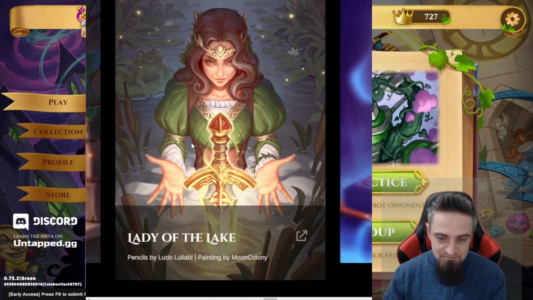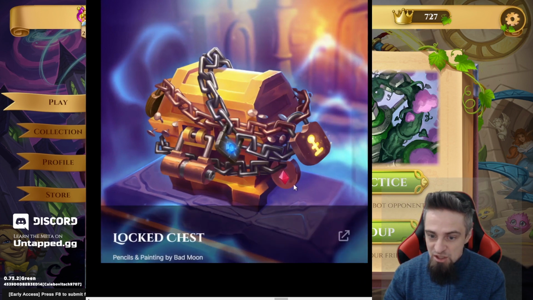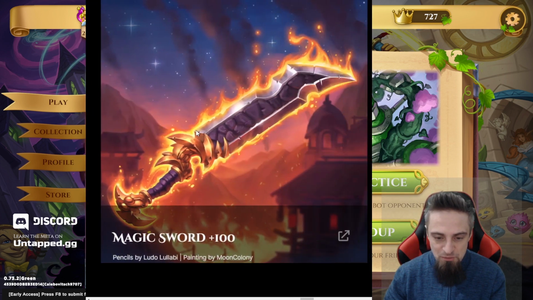Lady of the Lake. Makes thematical sense. Locked chest, now with 3 locks. Now, if one would disappear every round, that would be awesome, but that's probably not what's gonna happen. Lucky. He's lucky he only needs 1 shoe. Magic Sword, +100. I think the Flesh and Blood Polish national champion has actually won this recently, like a replica